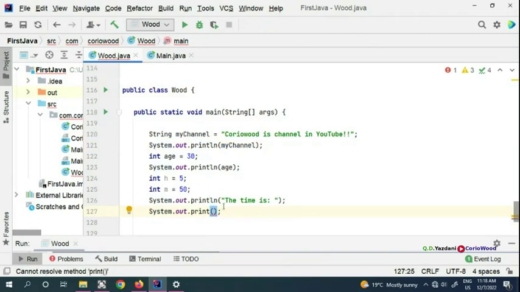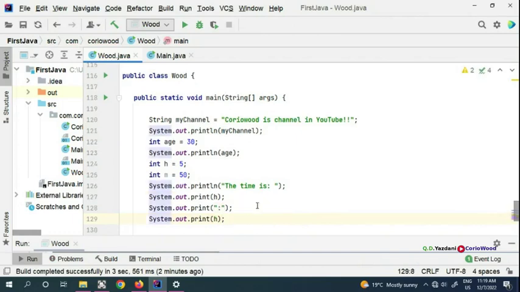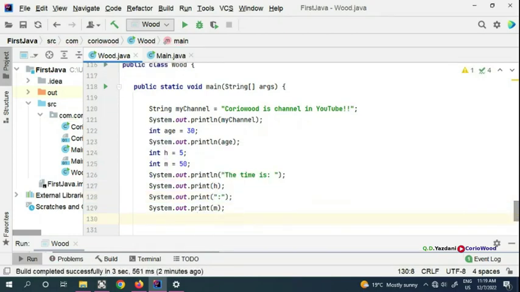So we're going to do hours first, and beside it, if you copy this one a few times, the second one is going to be, if you want to display your hours, then you put a colon, because you want to display your hours. Hours come on the left and minutes come on the right. And if you want to put some sort of line, you can put a println here. So you can display hours and minutes, and when you run,